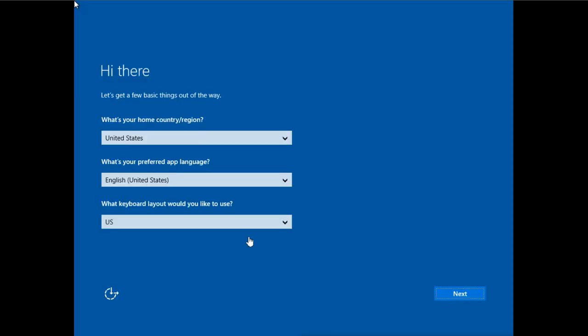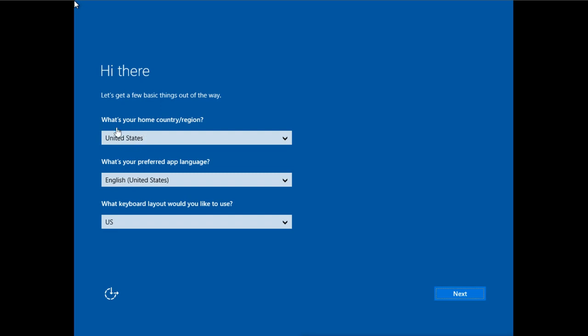Now we can see it is the first time it is starting, so it is asking for these options. These options were actually selected when we start the installation normally from the installation media, but we have not configured them because we applied the installation directly on the disk.